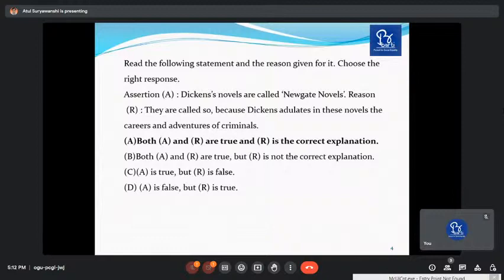So in between, many novels of Charles Dickens have been asked in the examination. So the humble request to all the students is that you should go for this novelist. Study Charles Dickens in detail. Search the themes of his novels. Study characterization. Study the themes and see the publications.